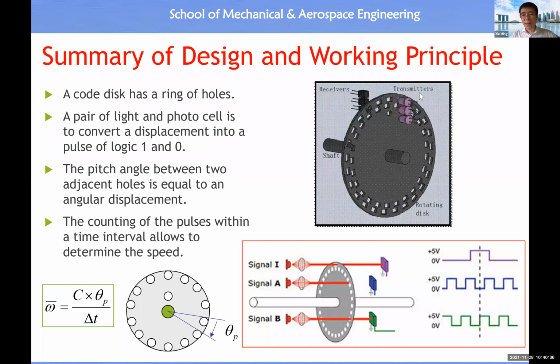However, in this case, you will see a simpler way to design the disc, because in total we only have three tracks. You have track A, track B, plus a reference track for the indication of a zero position, because this sensor will not only output velocity but also position. This is why for industrial robots, in order to save cost, we use this type of sensor